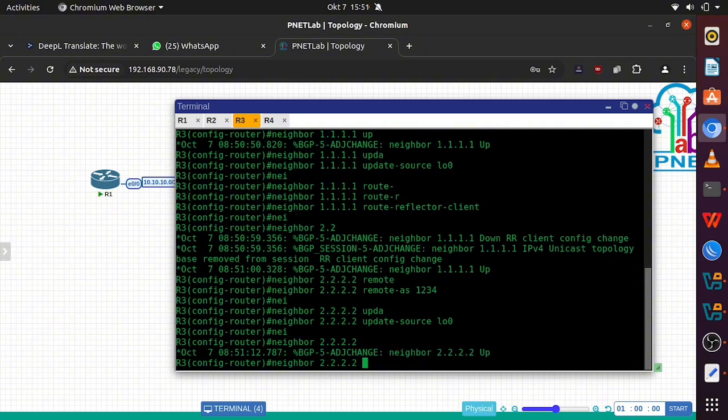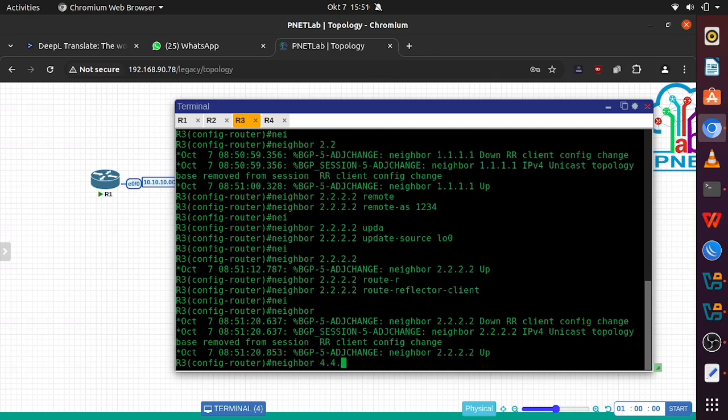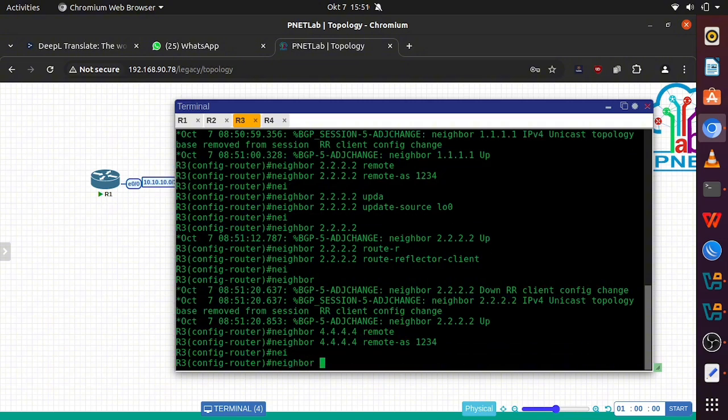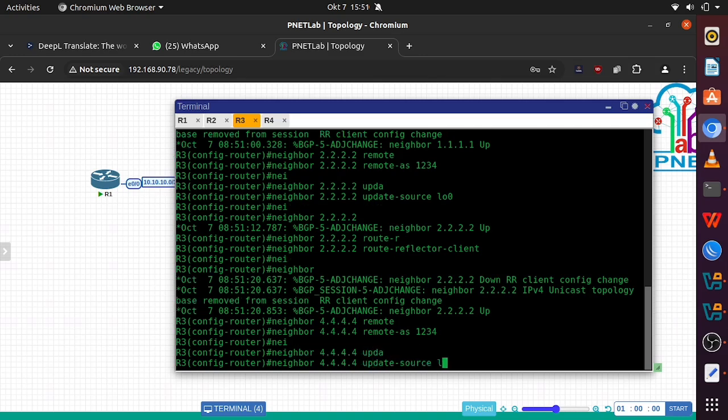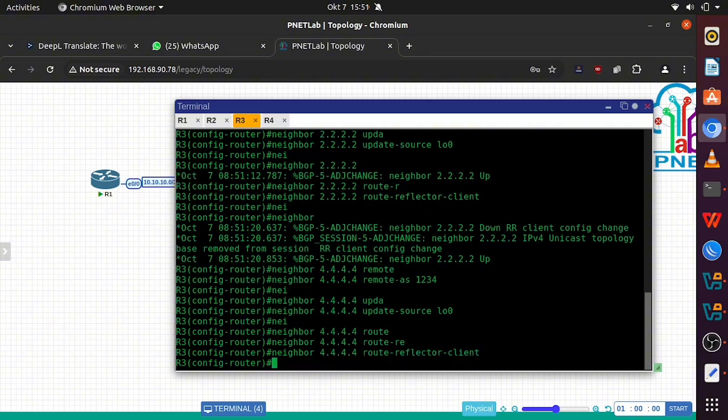After that we put in 2.2.2.2 as the route reflector client also, and after that we put in 4.4.4.4 to router 4, and we'll go to the next router, the last router.